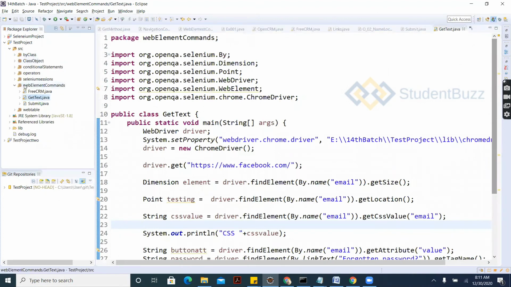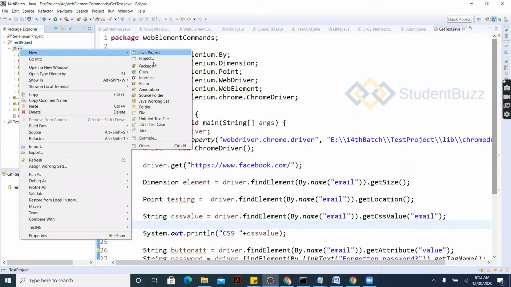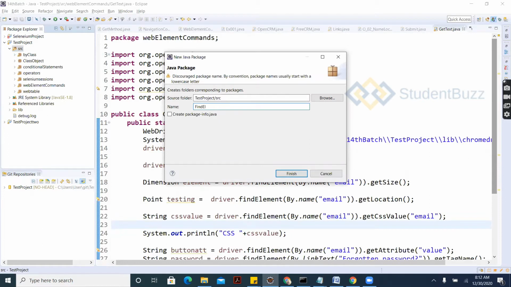So what are we going to see today? We are going to see the find element and find elements commands, as well as checkbox and radio buttons. Okay, I'll create one package. Packages will start with a small letter and work in camel case. Okay, find element